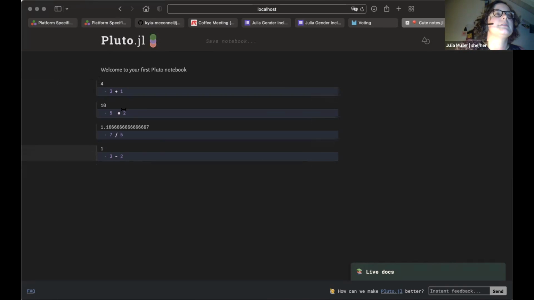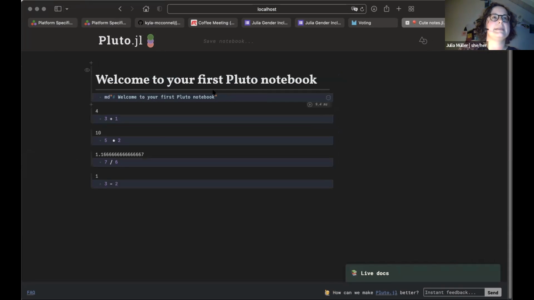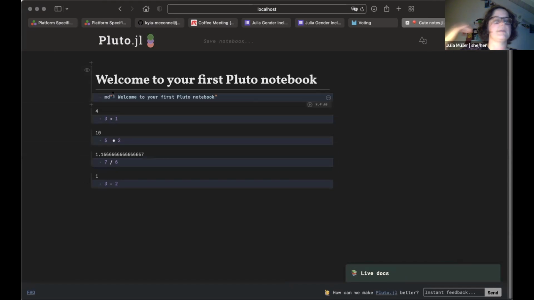Okay, so speaking of this markdown stuff, if you go to your text block that you have at the top, so this welcome, let's make this a headline. So we have to show the code again to actually change stuff in it. And if you add a hashtag and a space, just one hashtag and a space. Yeah, and then I think you have to run it again to change it. And you can see that it changed the formatting to make it a big heading, right? So then you can hide it again if you want. That's actually pretty nice looking. So this hashtag and then space, that creates kind of a first level headline.